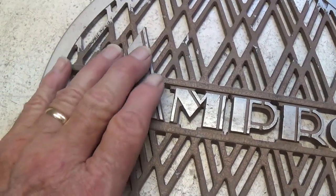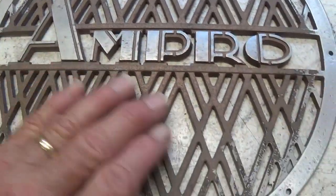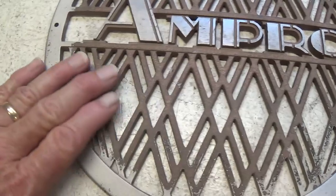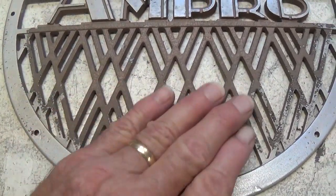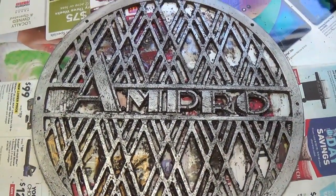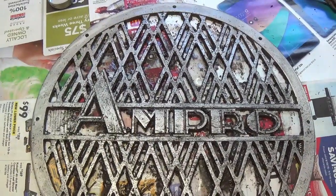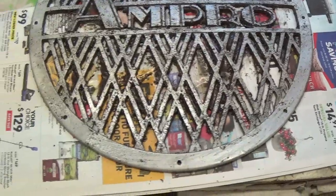I'm not going to blast the letters because they're already fairly well polished. Okay, now I'm going to try to use some chemicals to strip the paint from this part of the design, because I'm really worried I'd be rounding the edges if I use the abrasive spray on it. Now, after using some extra stout paint stripper and a small wire brush, we've got just about all the paint off. Now I'm going to rinse this with water and then bead blast it lightly to get all the residue